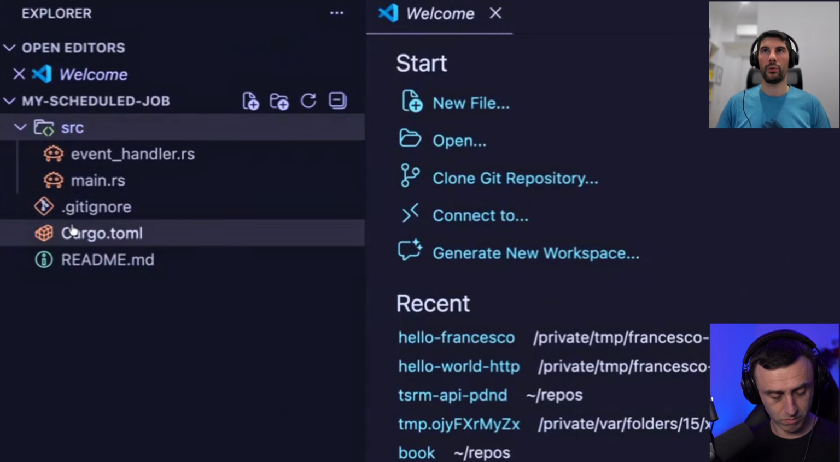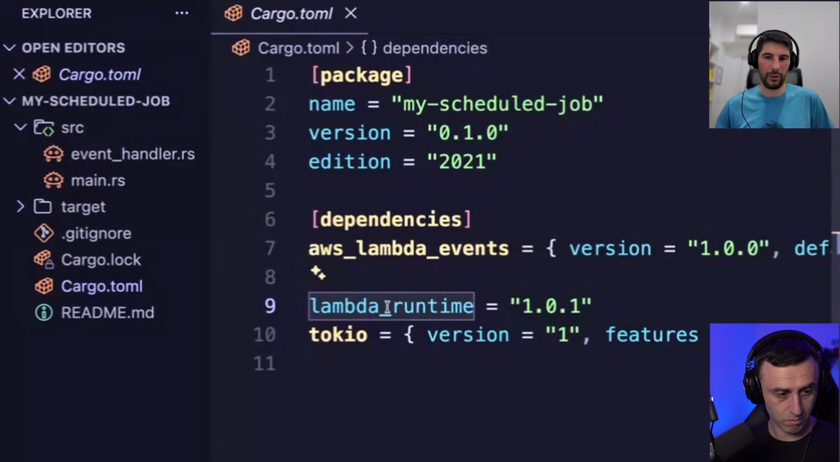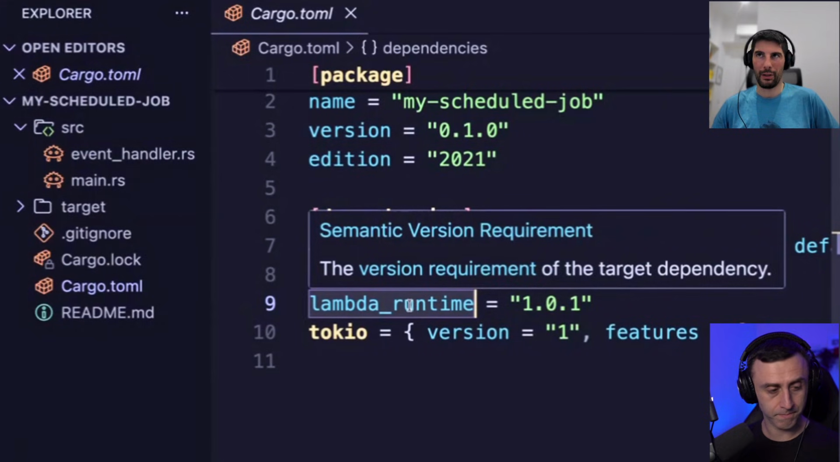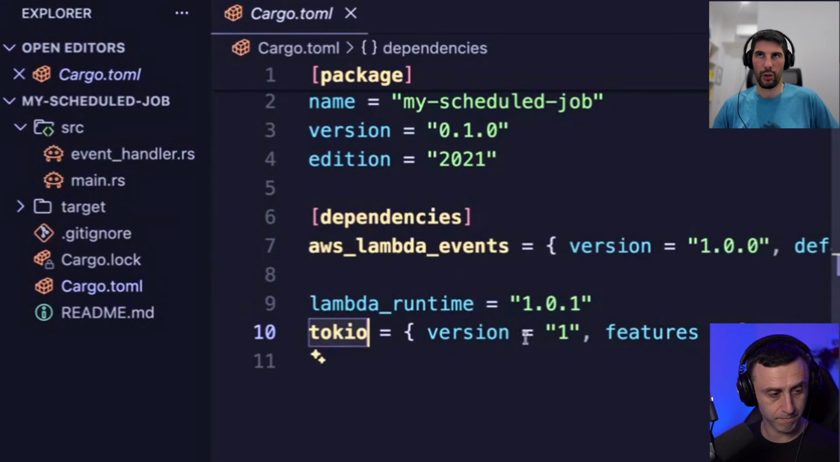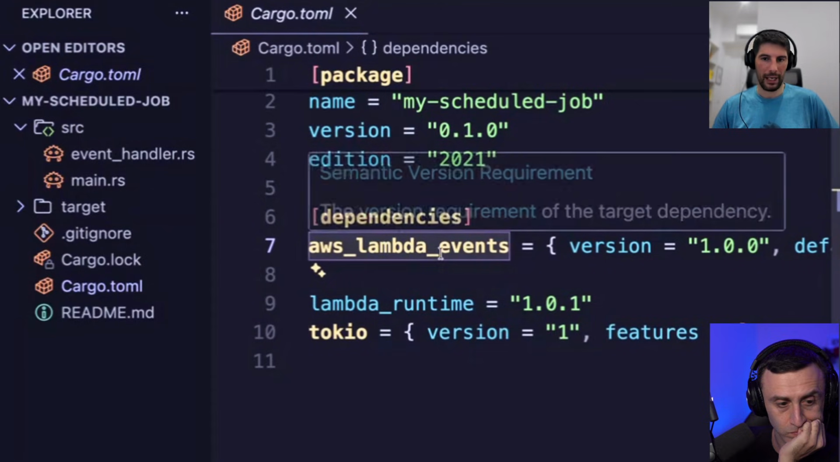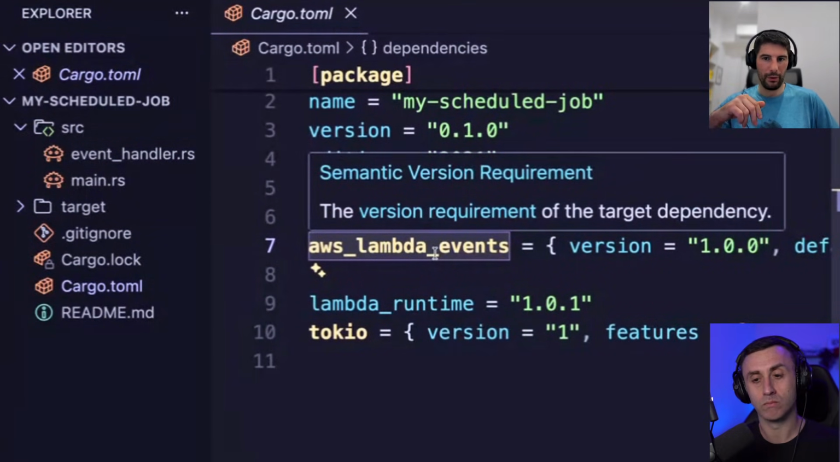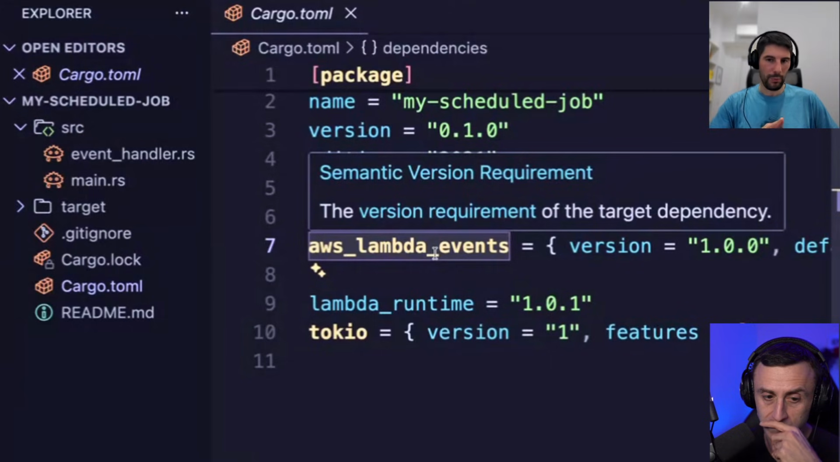The first thing I want to show you is that the Cargo.toml did use the Lambda runtime, which is a little bit of a lower level abstraction. Even the Lambda HTTP is actually built on top of the Lambda runtime, but it just gives you nicer objects, request and response. So it's giving you the runtime and it's giving you Tokio straight away. And then it's using this AWS Lambda events crate. This crate actually contains all the types that we saw before,